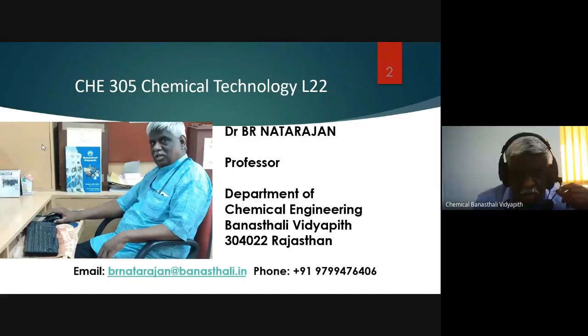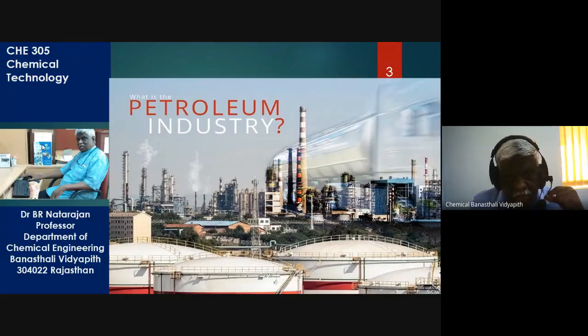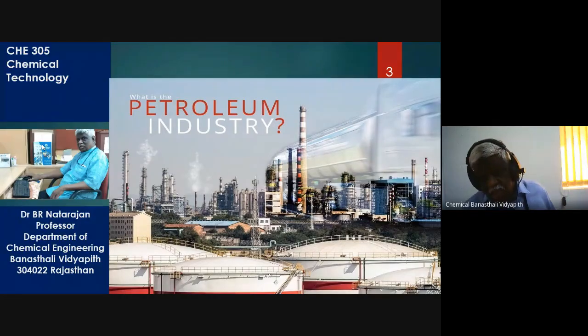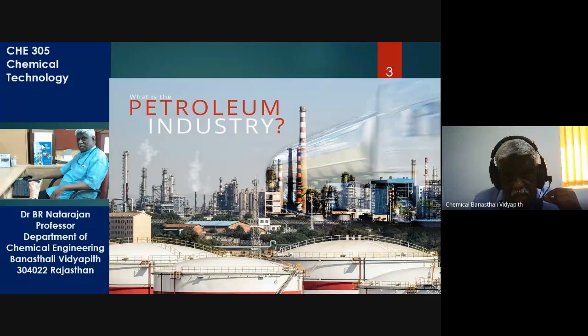Now, time for us to move into one major segment of the chemical industry, the petroleum industry. In a way, you can say that the petroleum industry is a chemical industry by itself. Today, the chemical industry is divided as the petroleum industry, which is in short the oil and gas industry, and the remaining industries. So it is one standalone giant dinosaur, and we are going to have a look at it in the next couple of lectures. What is the petroleum industry?